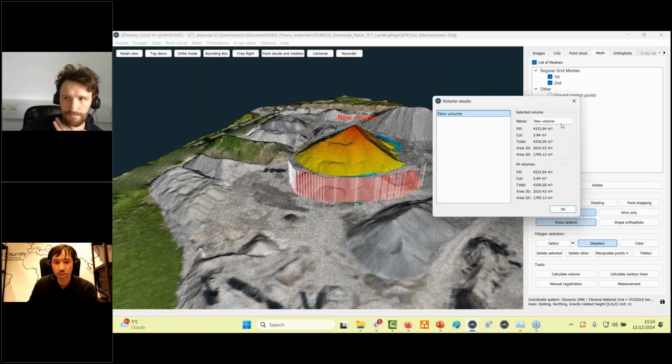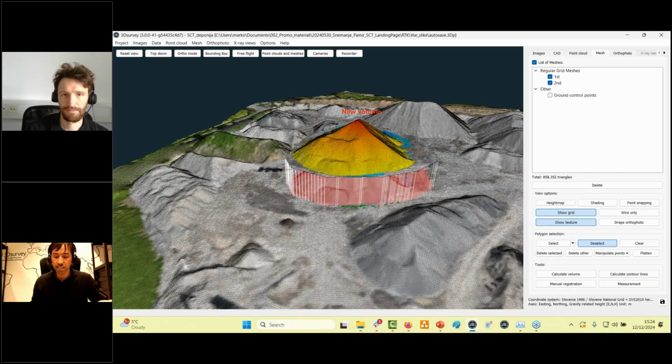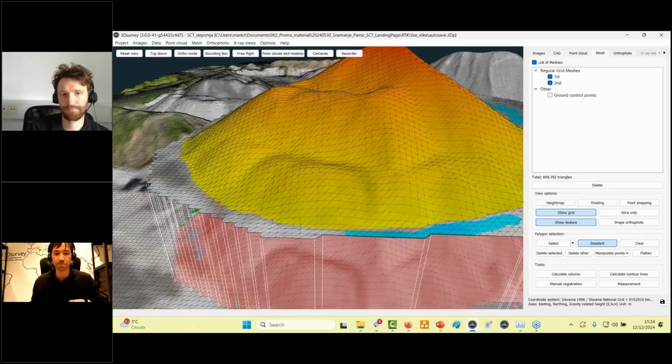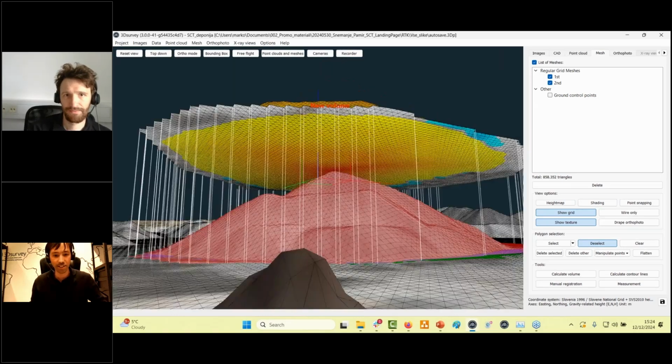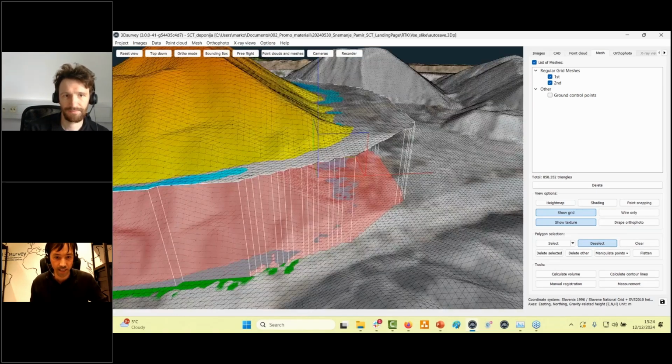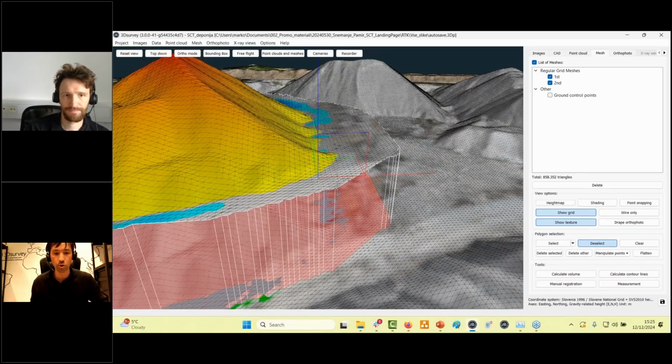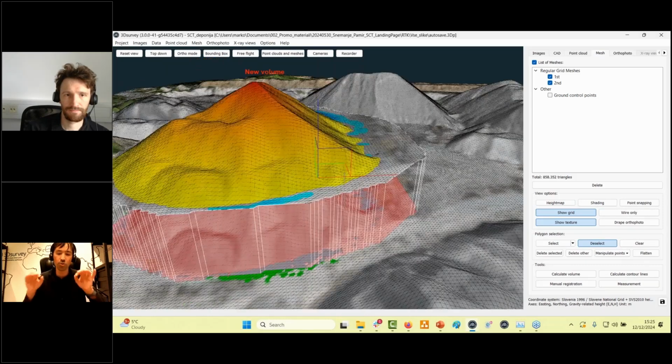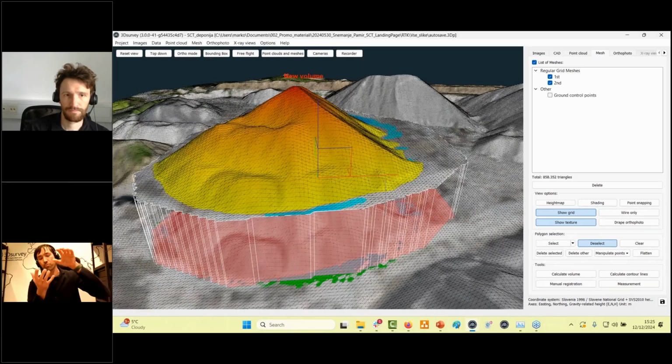And in this way, I should get pretty similar results. There is a minimum difference because I now select correctly the complete stockpile, and here we have the volume. So this approach is more accurate. It's a big difference because I didn't select this part here. Okay, so it's the same accuracy, but now you know exactly which is your upper and which is your lower